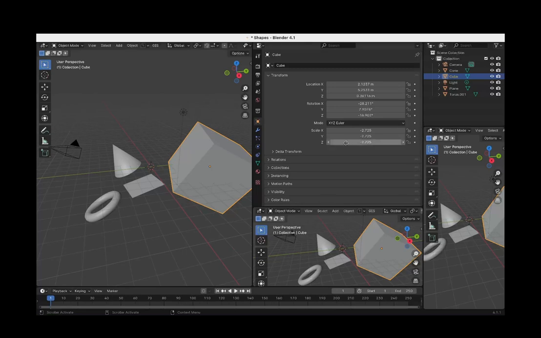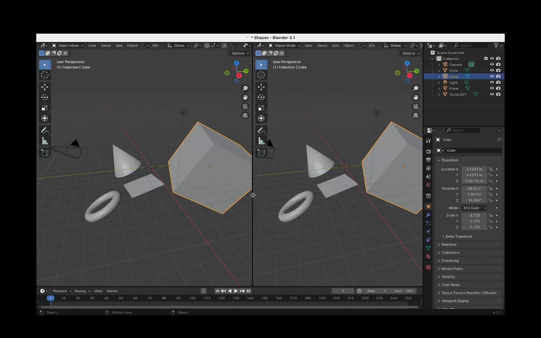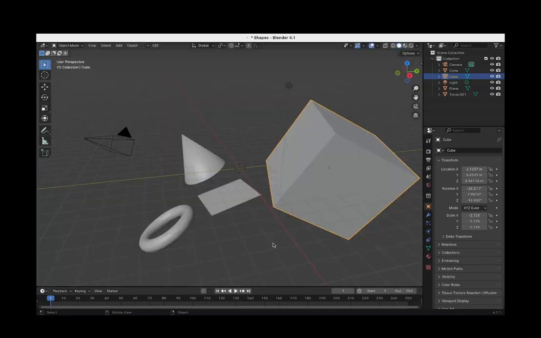Now let's say I do not want this viewport anymore and I only want 2. First of all, I'll just swap these back. Then I can right click on the border between these two and click join areas and it should show you one of the viewports becomes darker. The one that becomes darker will be deleted. So I'll just delete this one. And now I still have 2 viewports. And join areas again and we're back to 1 viewport.